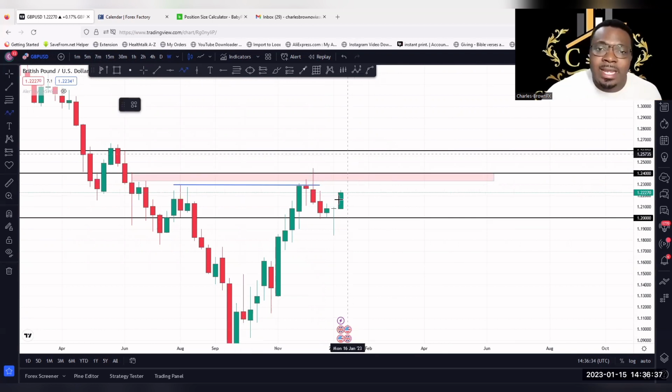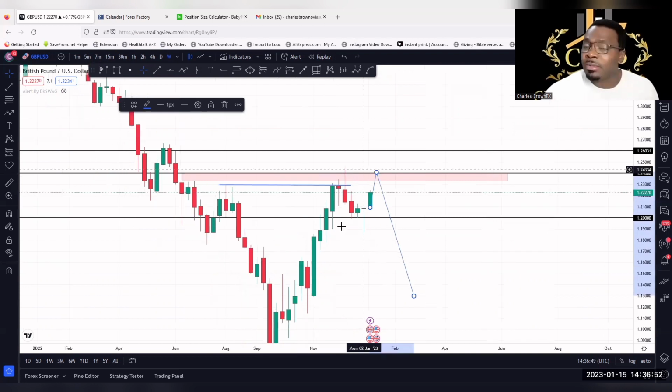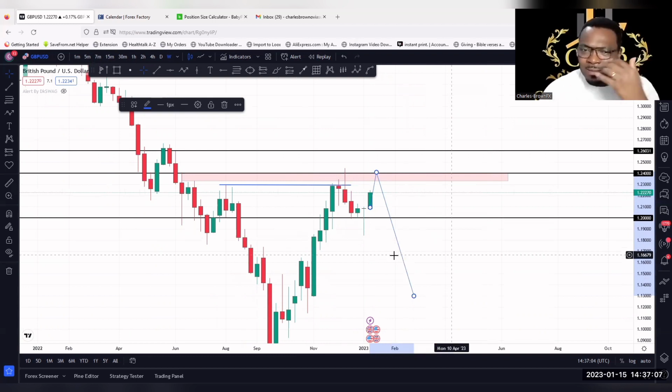Listen to this. Either the market taps into 1.2400 and smashes down to give us an M pattern, and then begins to head down like this. So we might have an M pattern form on this weekly time frame, and then we start heading down. I'm not talking about the whole week, because remember, one candle is a week. I'm not saying I'm looking at the future ahead, like 1 month from now, 2 months from now. But for now, I just want you to know that this is a pattern I'm seeing.